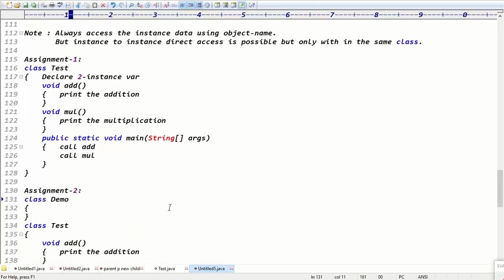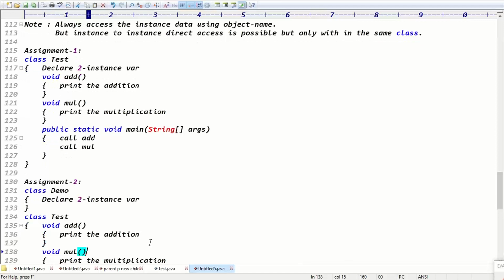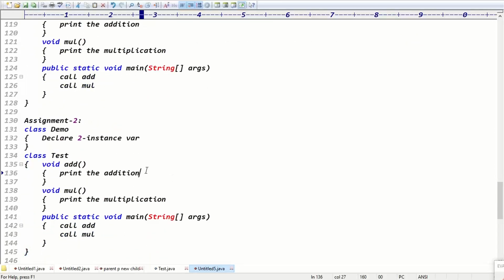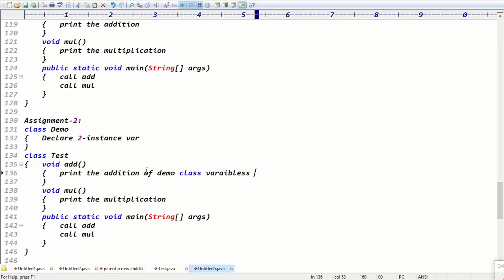So here, class Demo: declare the two instance variables. Here class Test is there. Print the addition of which class variables, guys? Demo class variables. And print the multiplication of which variables? Demo class variables, right?